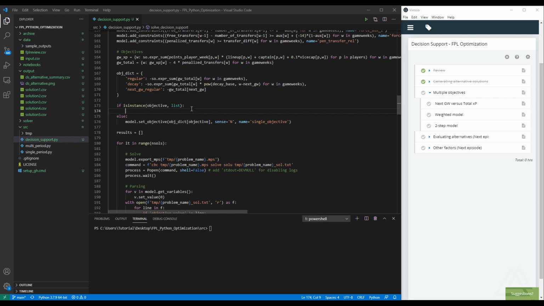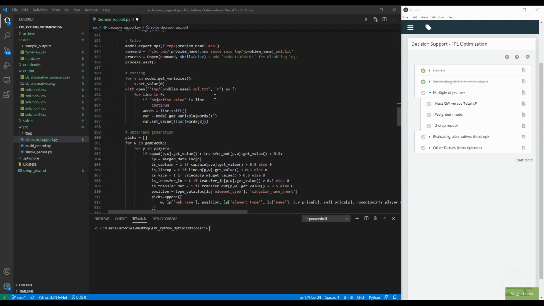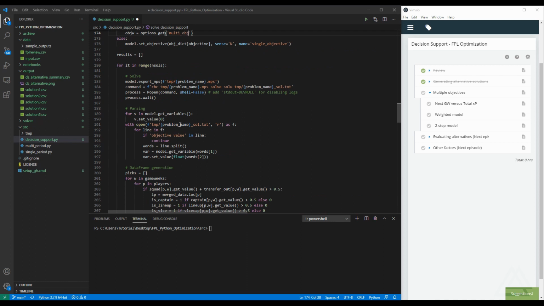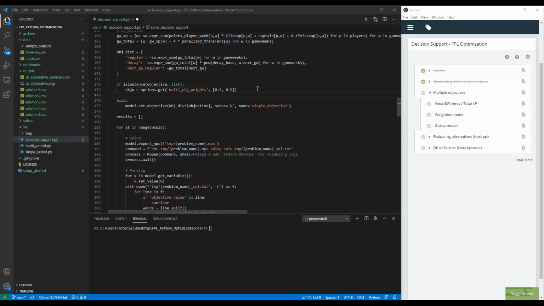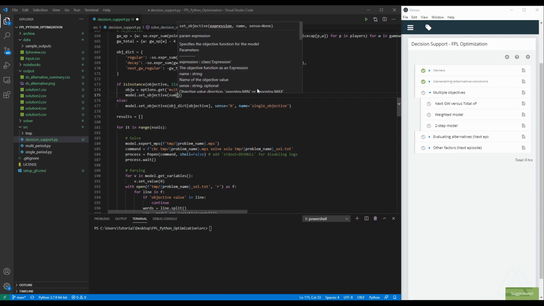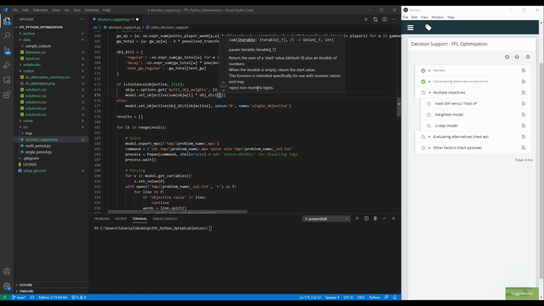If it is a list, then I need to get the weights and apply it. So here I will say objective weights is equal to options.get, and I will say multi underscore objective underscore weights, and then the default should be 0.5 if the user doesn't pass anything. And here we will say model set objective, and here it should be sum of objective weights times objective dictionary, and then here I need to say objective as O here